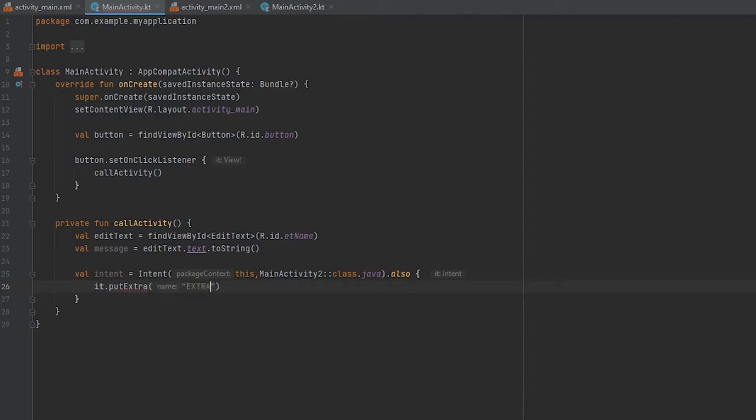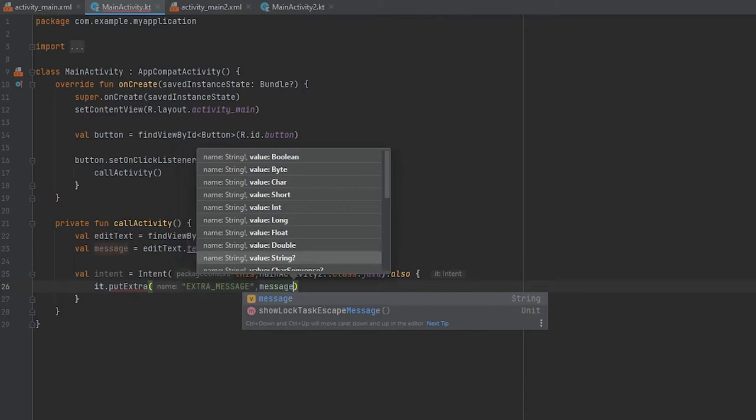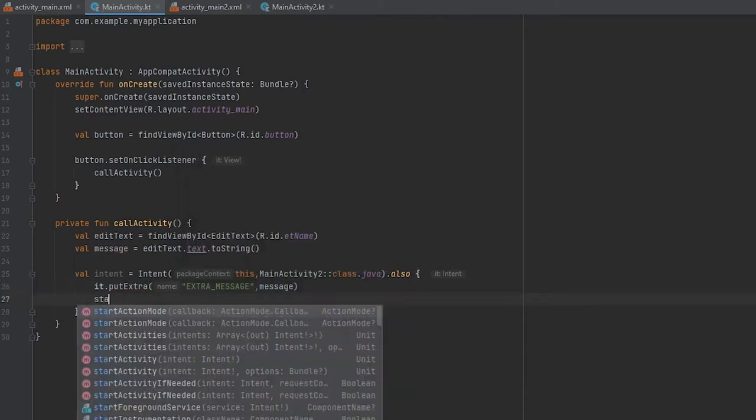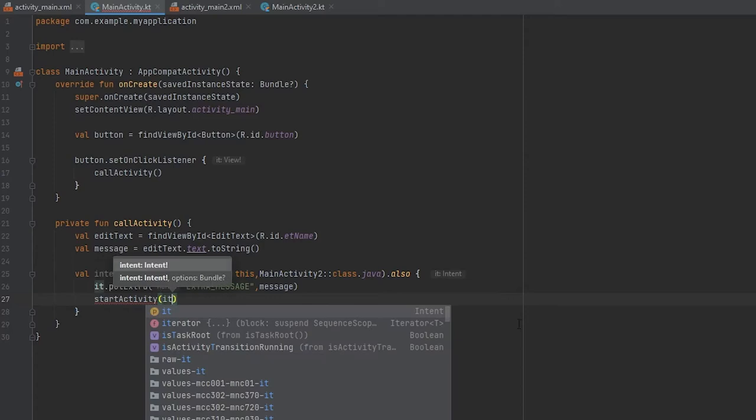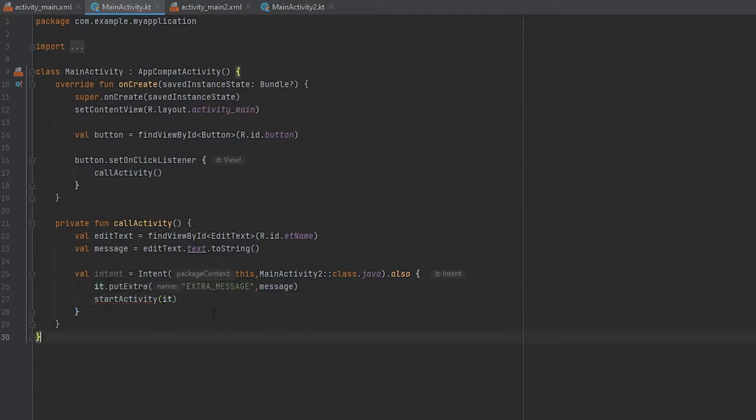So we will say EXTRA_MESSAGE, and then we will pass our message, and then we will call startActivity, and we will pass it here. You can pass any number of messages here by adding another it.putExtra and so on. So in this we are calling our activity and passing this message.